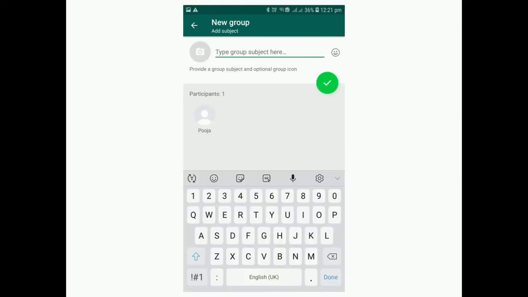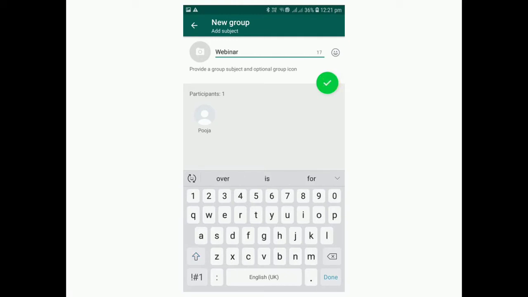Now we have to create a WhatsApp group. For creating a WhatsApp group, you have to click the WhatsApp. There will be 3 dots. When you click the 3 dots, you will find an icon called new group. Click over it. Once the new group has been clicked, you have to add one of the participants. When one participant is added, you have to give a name for this particular group. You can call it webinar and later click the tick icon.